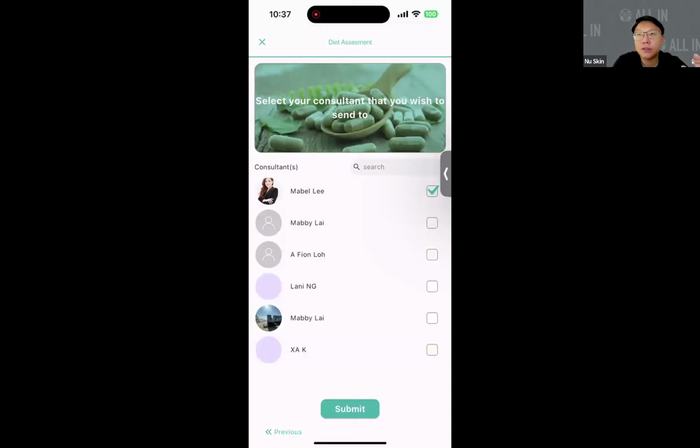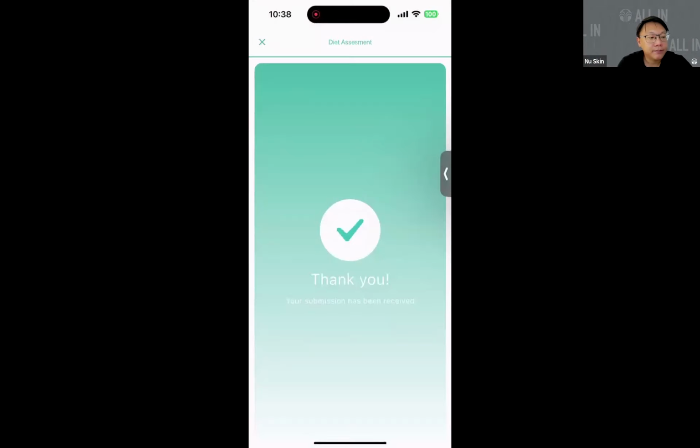Therefore, you see so many names. Normally a customer won't see so many consultants, which makes them confused. Ideal case is probably just one or two consultants over there. All they need to do is select the consultant that they want to submit this assessment to, and automatically the system will take note that whichever name they select will be recorded as your personal consultant. Once done, that's all.